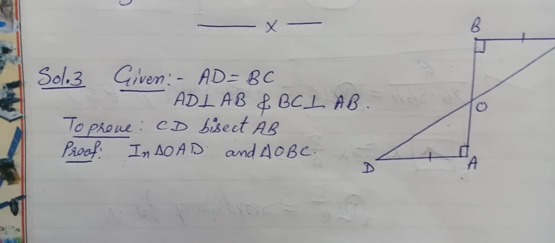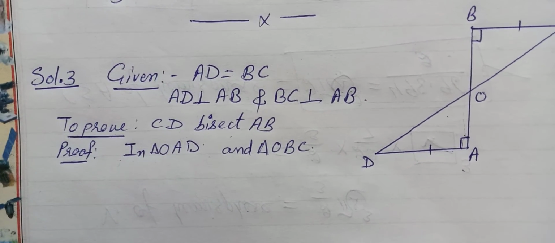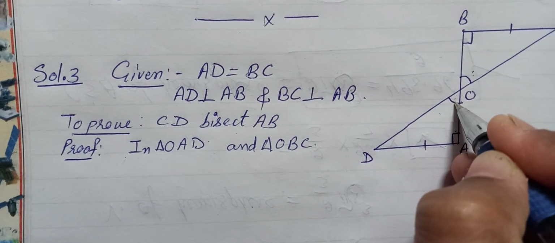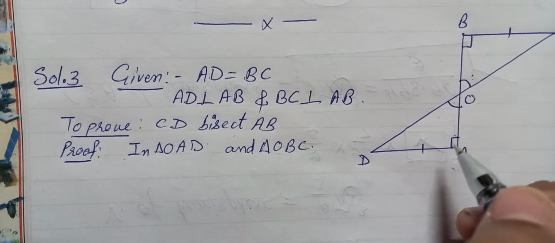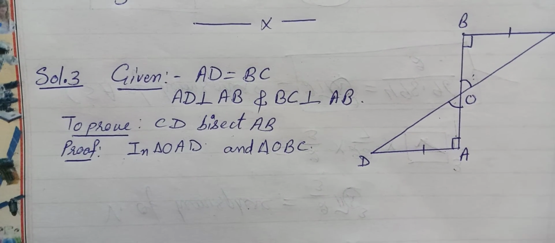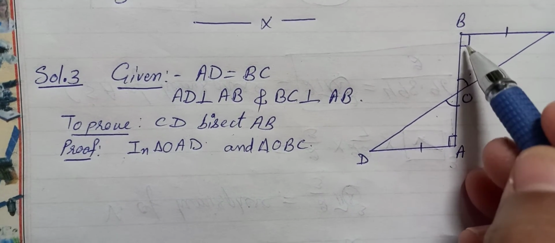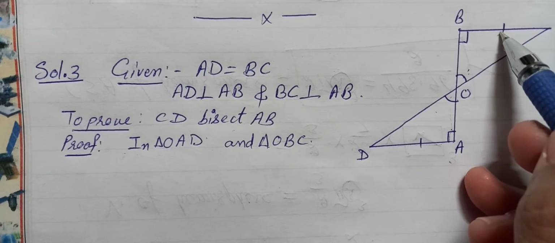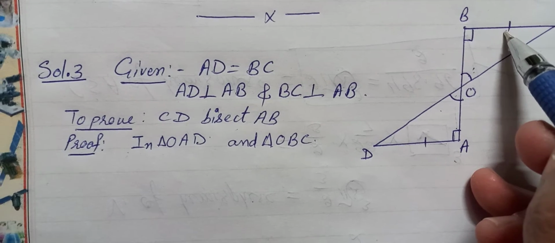What about the third thing? We need three things for congruency. So the third thing we will take this one. The vertically opposite angles, they are also equal. So the rule now will be angle, angle, side. The rule will be the AAS rule.